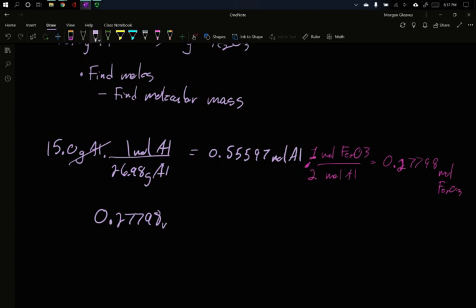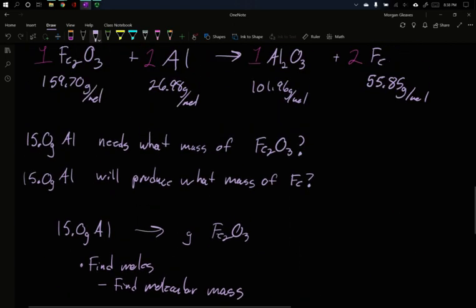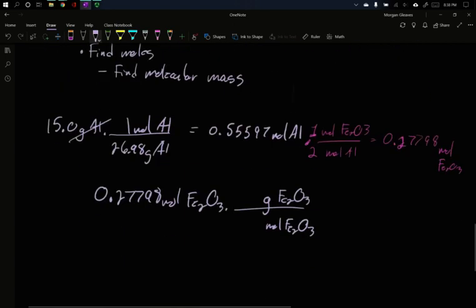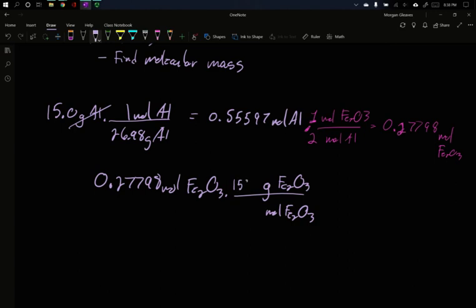I have 0.27798 mole of Fe2O3. I need to get out of mole of Fe2O3 and into grams of Fe2O3. And so I need a molecular mass. To go from moles of a compound to grams, I need its molecular mass. We said 159.7. So 159.7 grams in every 1 mole. 44.39 grams of